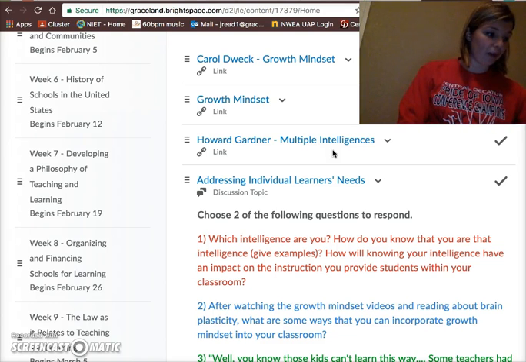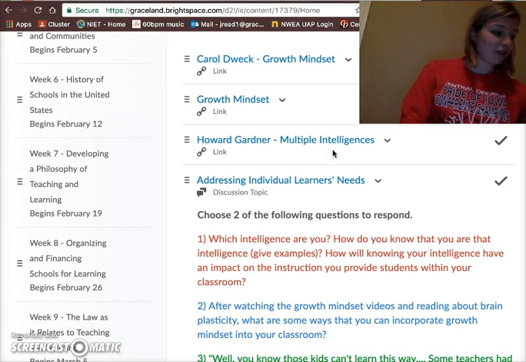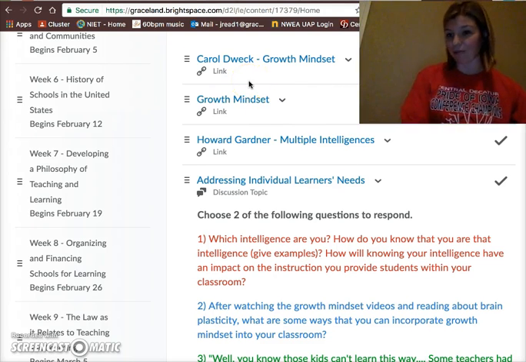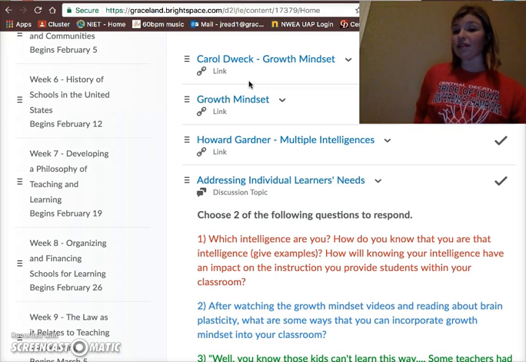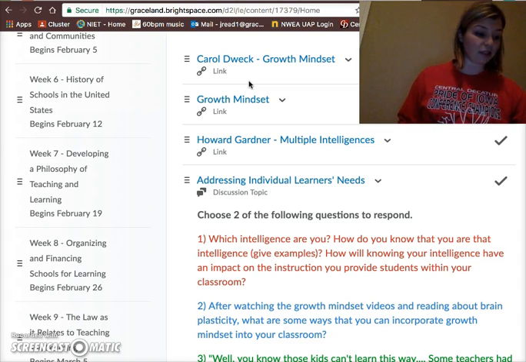We talked about growth mindset. The human brain development is a big section of this chapter. Brain plasticity, growth mindset. I don't know how many of you are familiar or not with growth mindset, but it's a really interesting idea and something that you'll continue to learn about. Same thing with multiple intelligences. If you continue on your teacher prep program, you'll have to take educational psychology and you'll learn more about multiple intelligences.